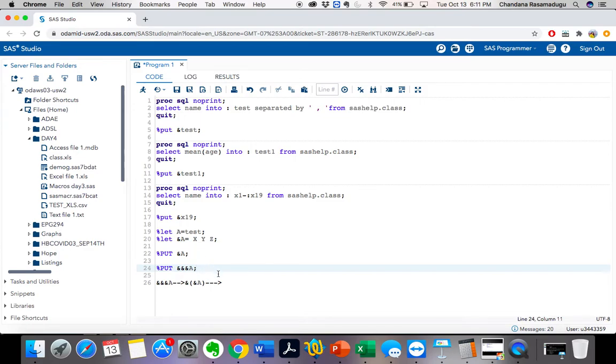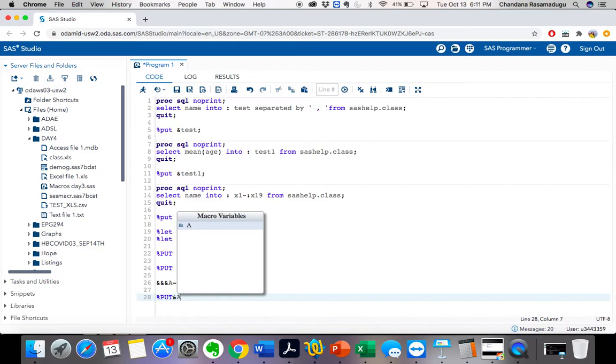See, for example, now I am calling %put, let's take &a equal to &&a.